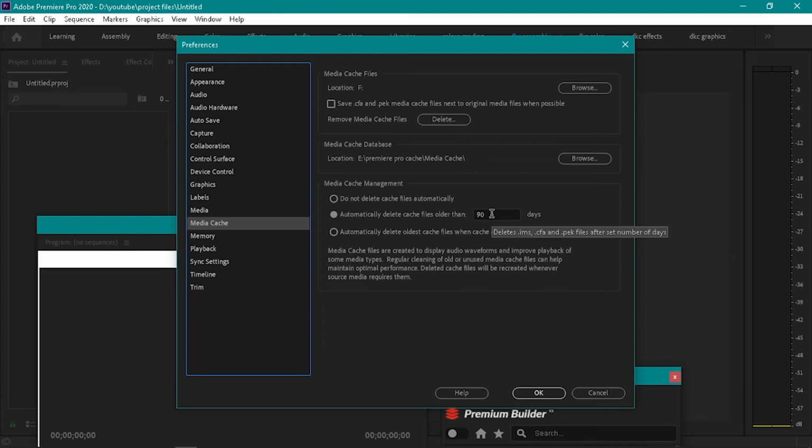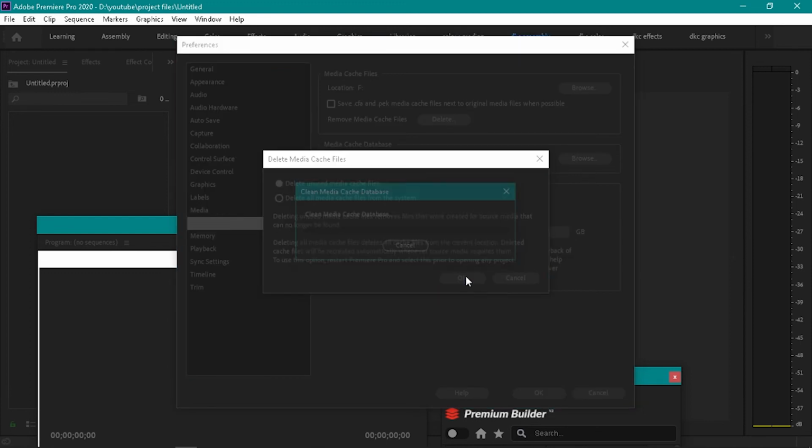I will usually delete myself because I want some prioritization for the media, so it won't delete my necessary files. So I kept it 90 days. It's your preference to keep how many days you want it, and you need to delete all the cache files. I'll press delete, I'll press OK.